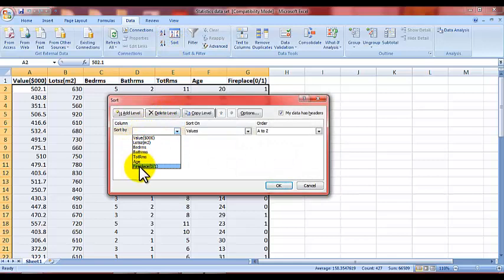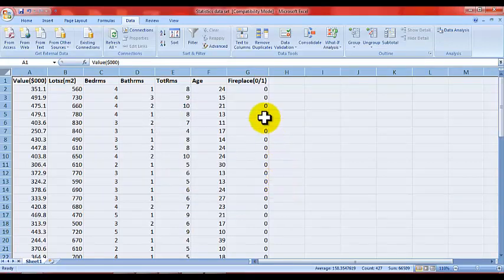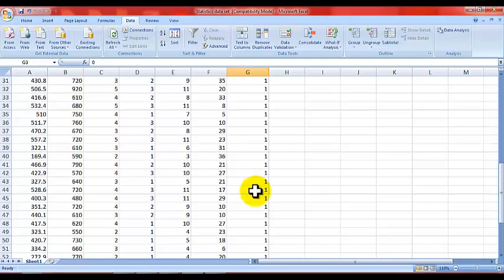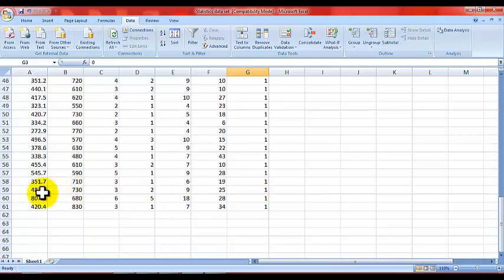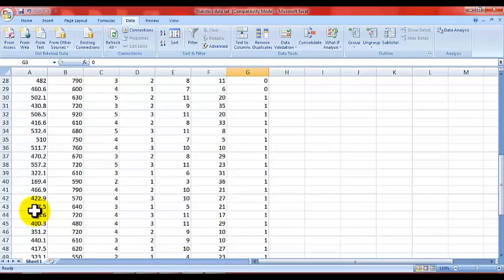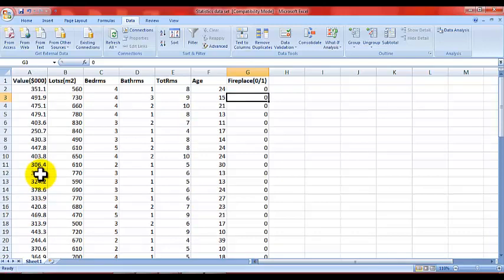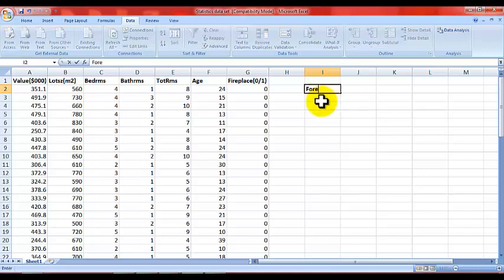So as you can see, I went to Data, I clicked on Sort, and I'm sorting by fireplace from smallest to largest. And that has actually automatically sorted that for me. So they've grouped the houses with fireplace and the ones without fireplace together, and their appropriate values. Now what I'll do is I need to create a couple of cells, one for the houses that have a fireplace and another for the houses that don't have a fireplace, and I'll copy the values over so we can